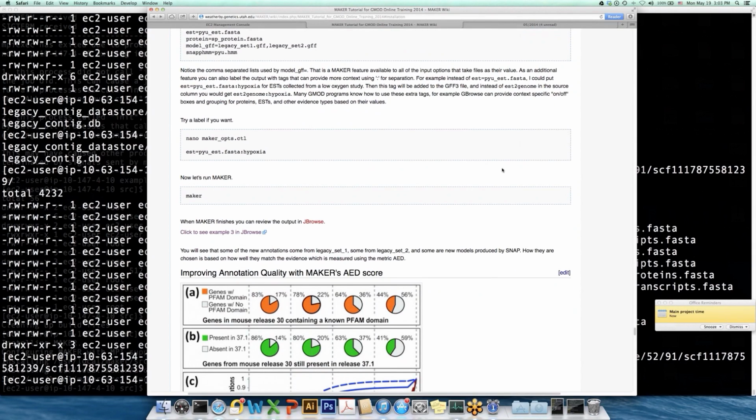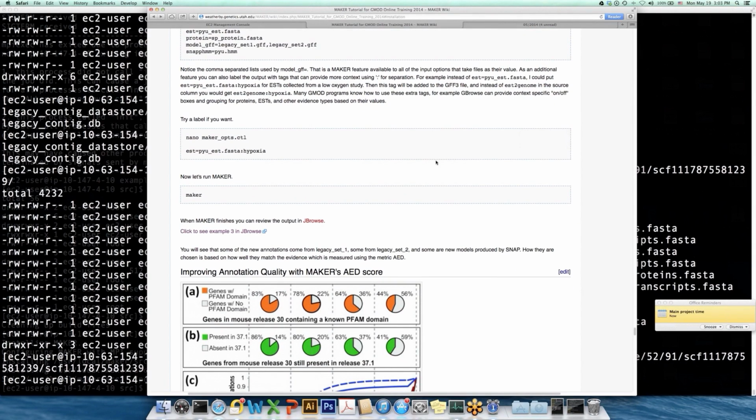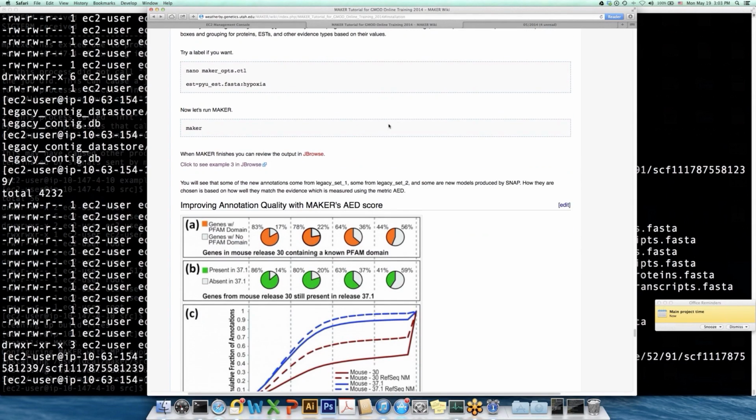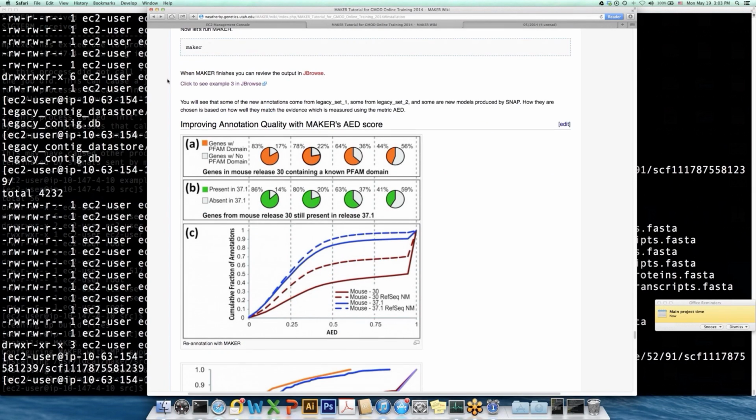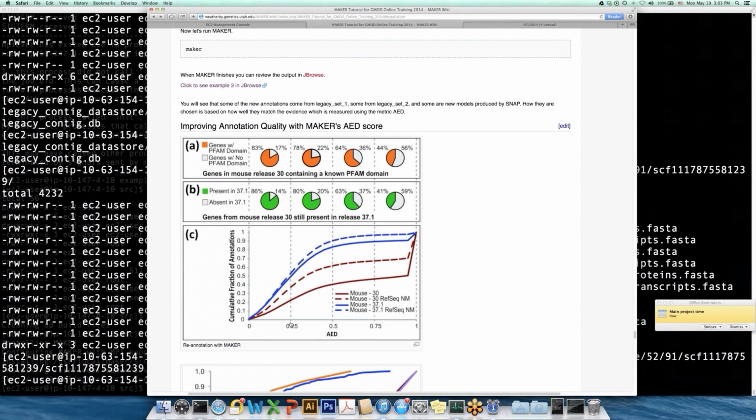So here's just a few examples of how this is working and why it can be used. The AED score, as I explained before, ranges from 0 to 1, 0 being a perfect match, 1 a poor match. This is a figure from a previous paper where we're looking at the mouse genome, where we just passed genes through and didn't let Maker change them and just scored them with AED. And you can see we have mouse release 30 and mouse release 37. And we have a cumulative distribution of the AED scores